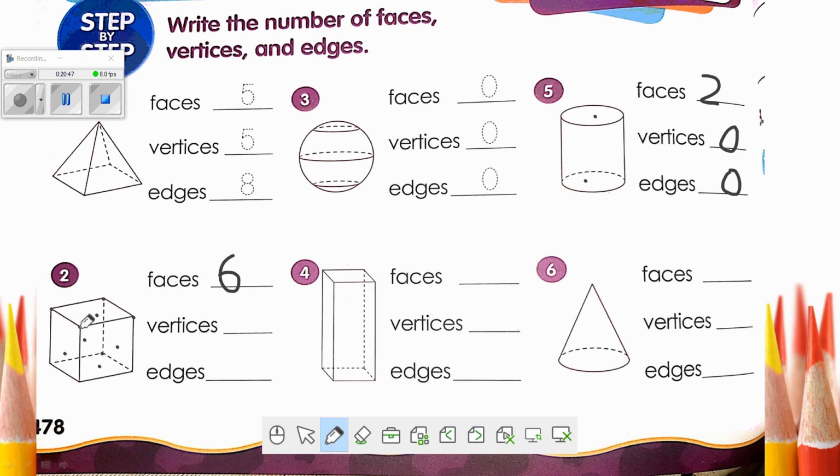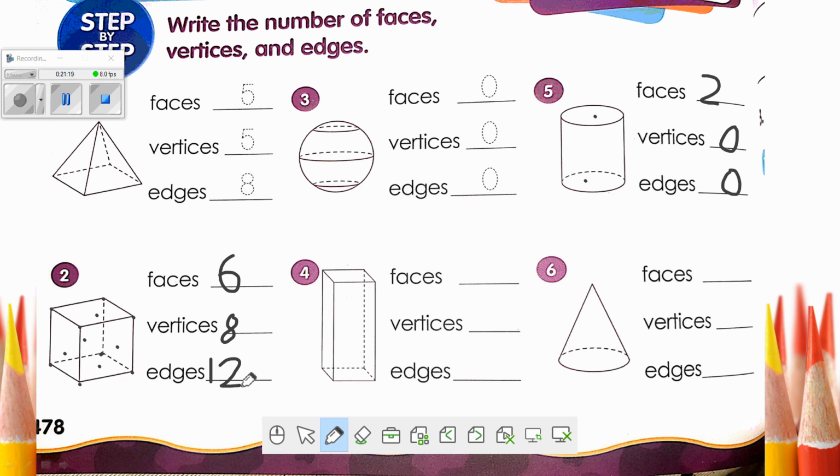The points are vertices: 1, 2, 3, 4, 5, 6, 7, 8 vertices. Then the edges: 1, 2, 3, 4, 5, 6, 7, 8, 9, 10, 11, 12. So I have 12